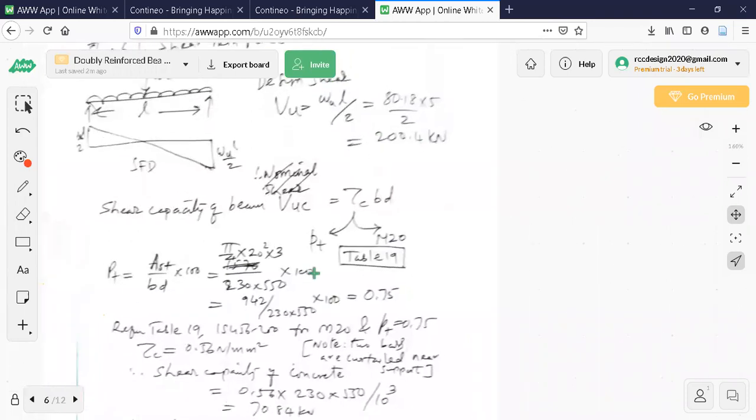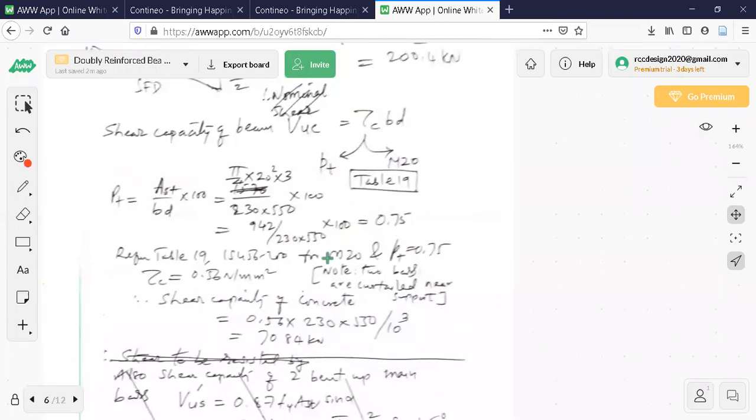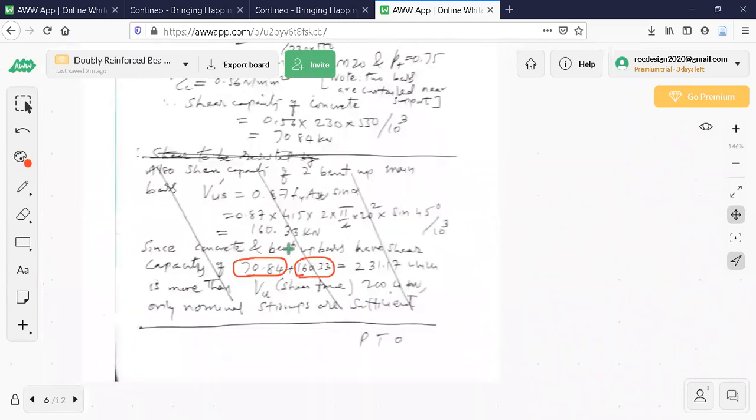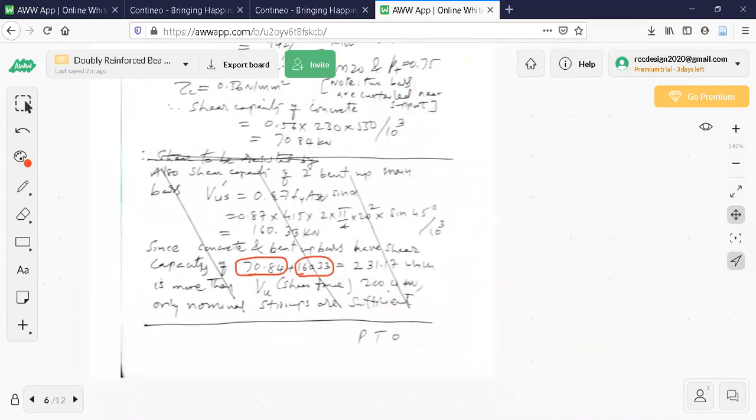If that is happening, you have to just say I'm going to provide nominal stirrups. Say 8 mm bars at 300 center to center. Nominal stirrups can be provided. Now next is